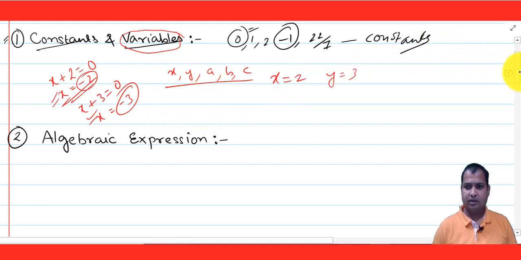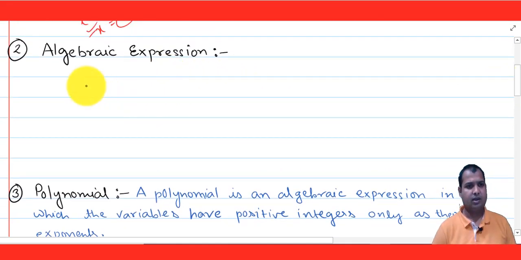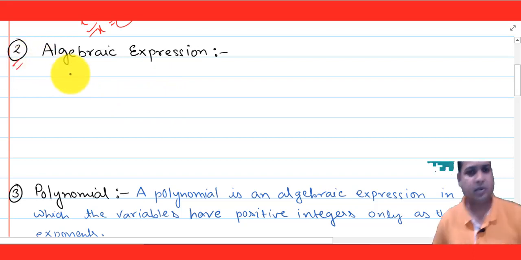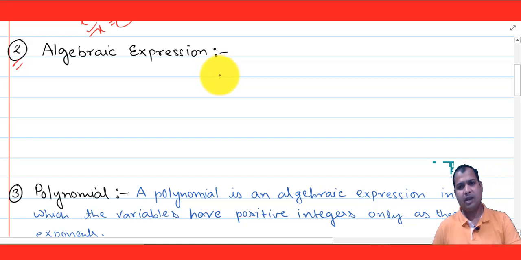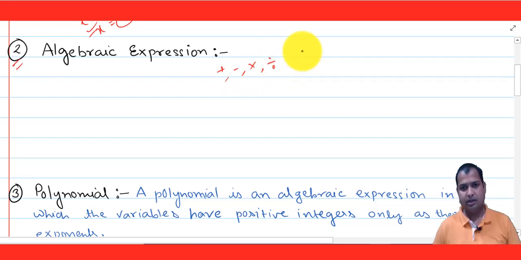Now next we are going to see algebraic expressions, okay. Now what do we mean by algebraic expression? So algebraic expression is nothing but combination of constant and variables, okay. It's combination of constant and variables, okay, connected by plus, minus, multiplication, okay, division, done. Like 2 plus 3x plus 4xy plus 7x square y, okay. So this will be called